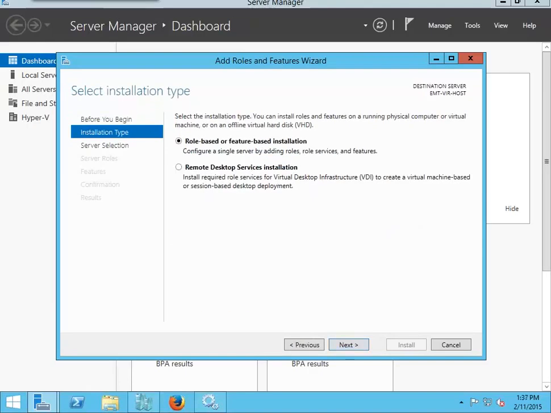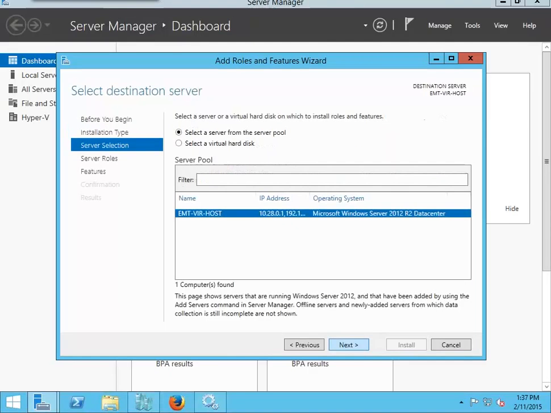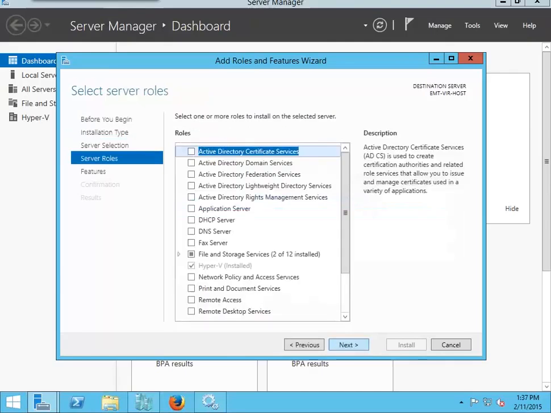It will ask you what types of installation type you want, the role-based feature or remote desktop. In this case, stick to the default, the role-based. Here, it will ask you what kind of storage that you want to create. You can create a server pool, or again, this is not what we want for now. In server roles, you will scroll down